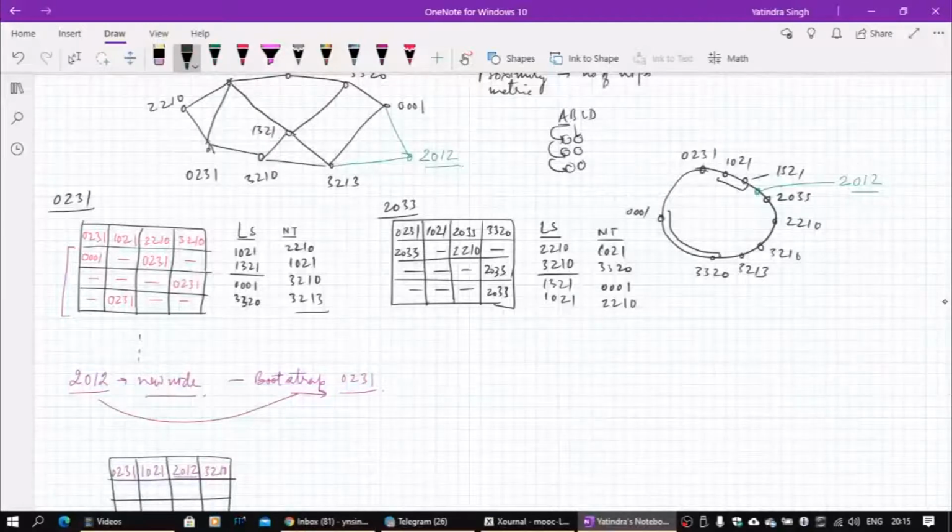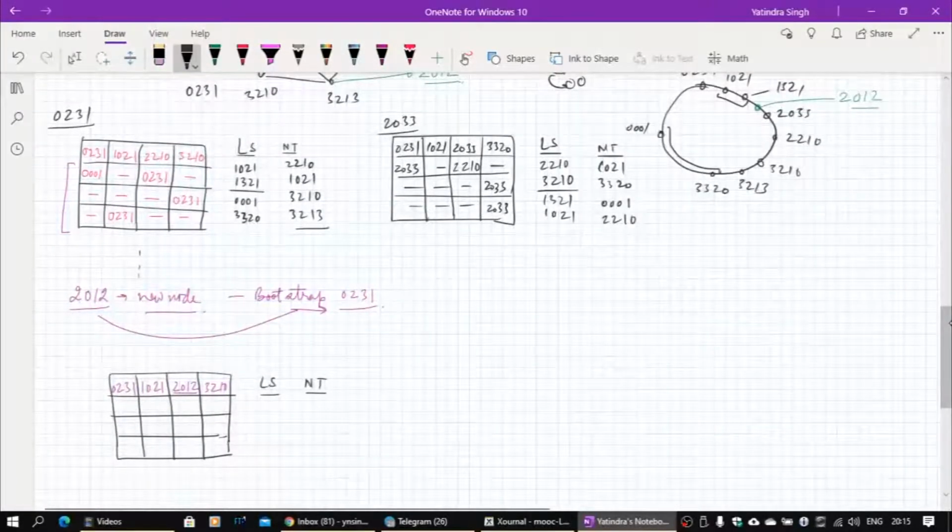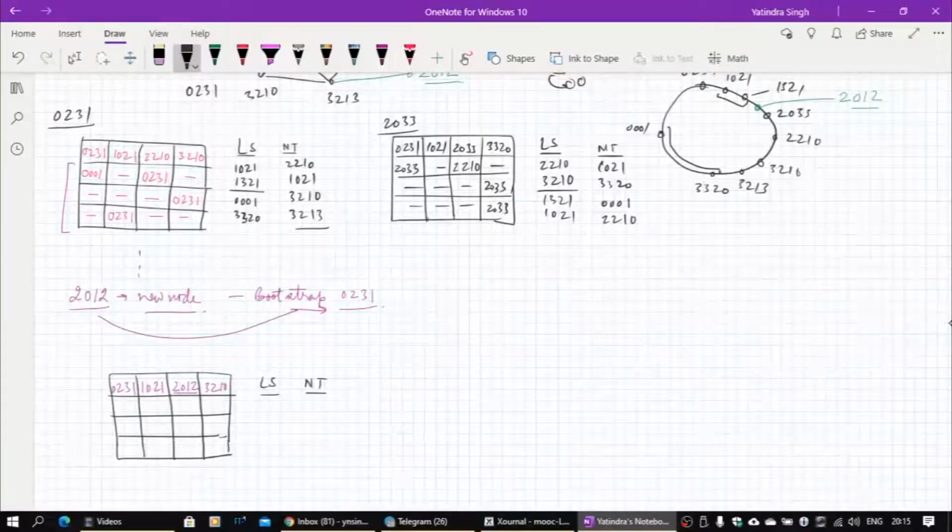So what will it actually be? As of now, it is only aware of the nodes which are present here. Based on that, it will maintain its own leaf set, and whatever leaf set information is retrieved from 0231, it will use that. Okay, so using that, if you look at 2012, it is aware of 2033. No, it is not aware of that. 2210, it is not aware of. It actually becomes aware of that. So we will just use these entries. For 2012, anything which starts with 2 has to come here. 2210 will be the one entry.